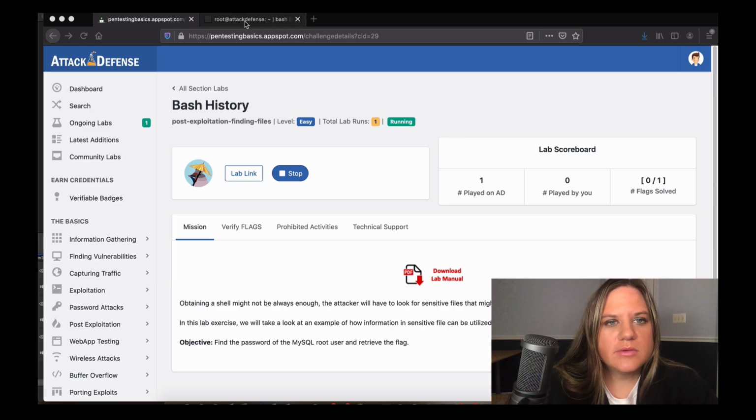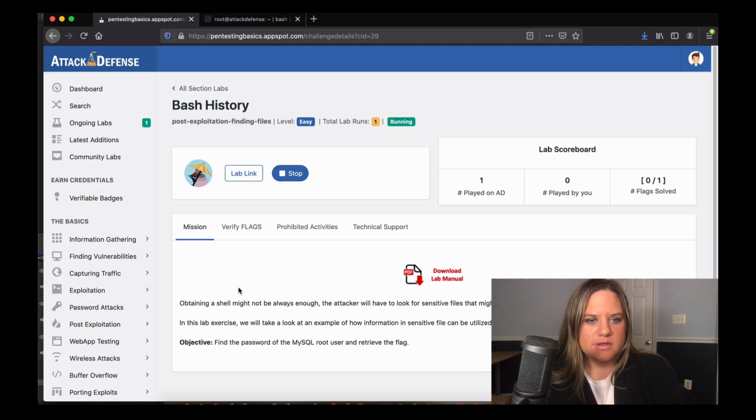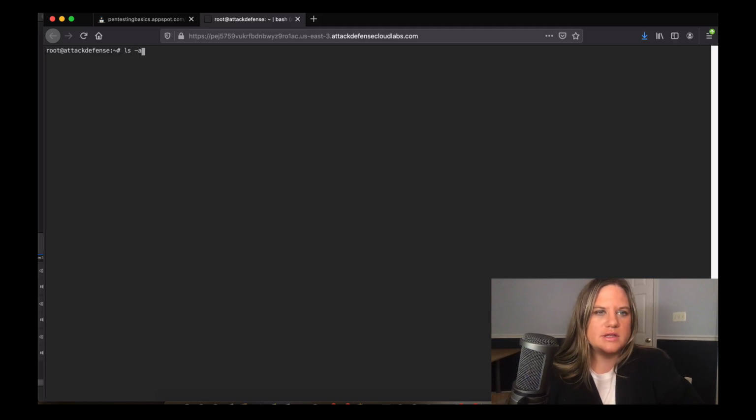So this time, we have no target machine. We're already on the target machine, if you will. We're actually even root on it, but nonetheless, if we look back, it says, find the password to the MySQL root user and retrieve the flag. So, we actually need to get more information. So if we do an ls -a